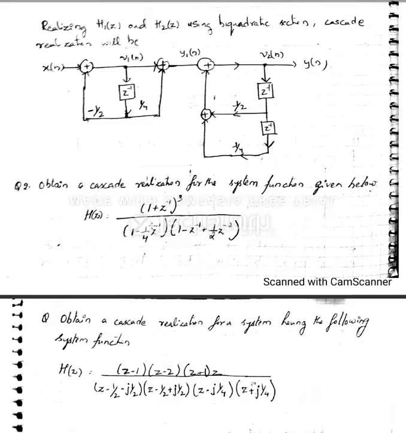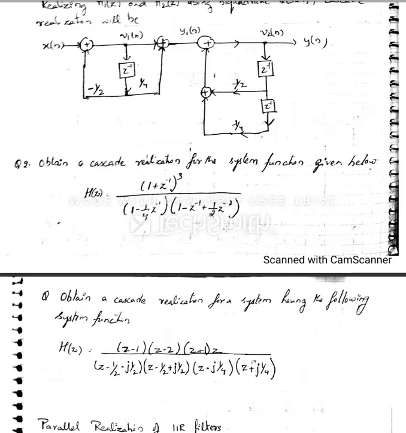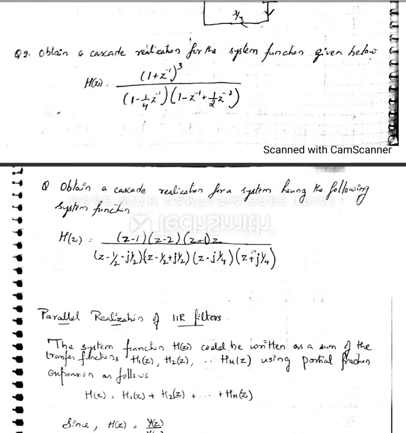Arranging successively, you can solve the 2 problems I have given. I want you to solve it. You can again split this also into 2, I guess. That is (1 + z^-1) / (1 - 1/4 z^-1) you can keep as 1. Then (1 + z^-1) into (1 + z^-1), multiply that, you will get a quadratic equation. That divided by this you can keep as the second transfer function. This also, z minus 1 and z plus, you can multiply together first, then have a transfer function.